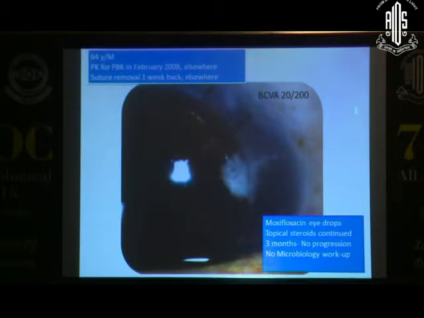Now, what we did, and retrospectively we've learned maybe not the right thing, we thought, okay, we'll keep a closer follow-up on it, added a little more intensive antibiotic. Usually it's a gram-positive bacilli or a strep that causes this. We put on moxifloxacin. The topical steroids were continued. We kept a close follow-up, and for a 3-month period, he continued to remain like this. It wasn't going this way or that way. Just kept seeing the patient every 2 weeks.